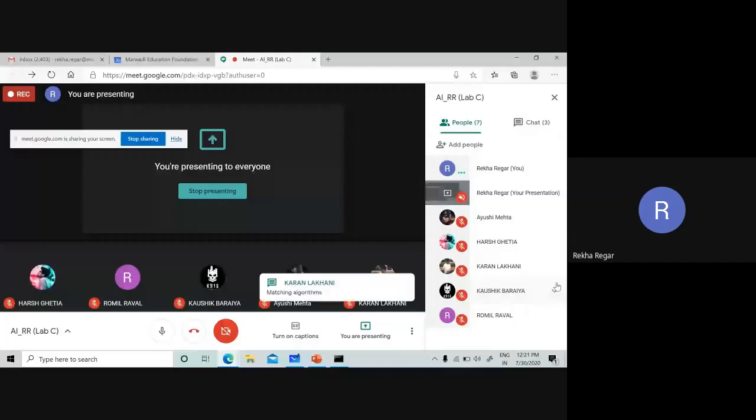Matching algorithm. Okay. So we have some syntax that is going to match the images. Okay, that is correct. Hello, Kaushik. What can be next? What do we have to consider inside the program?